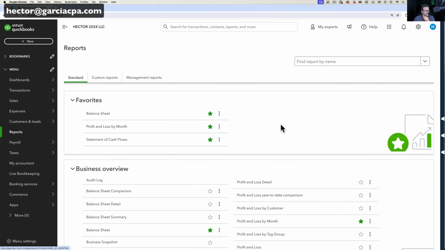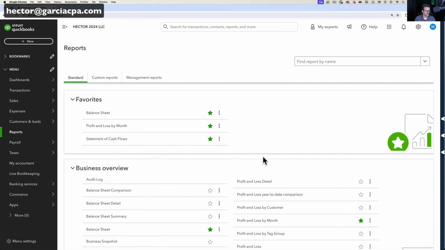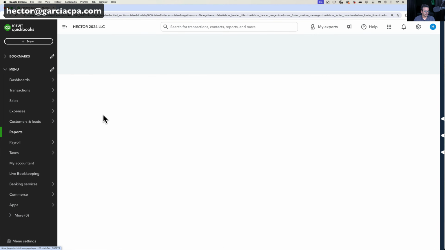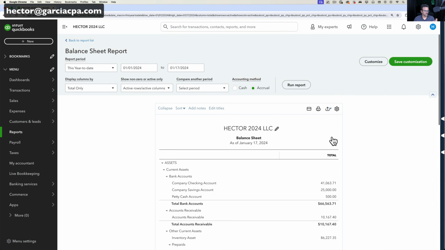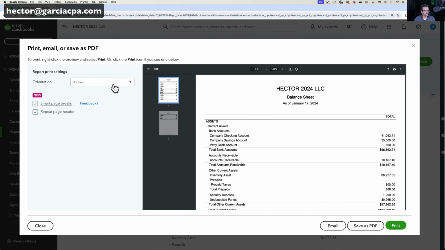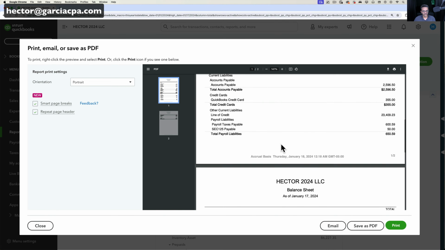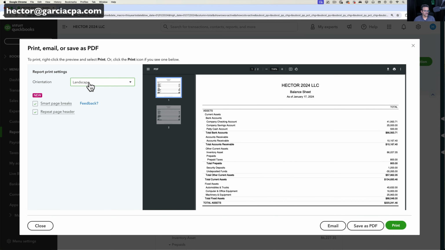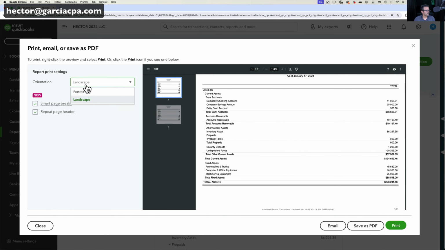I'm going to go back to reports one more time to show you one more thing, which is emailing the report. So once you're in the specific report you want to display and you want to send, for example, we can click on this little envelope button, and then once we click on that, we get to email it. So you can email it to whoever you want, and in this same page you can save it as a PDF or print it. In this screen you can choose whether you want landscape mode or portrait mode, and a